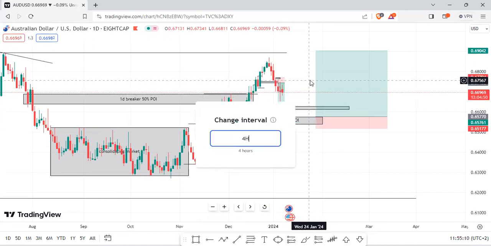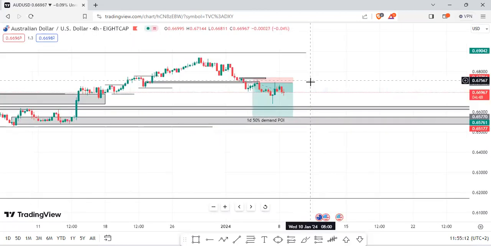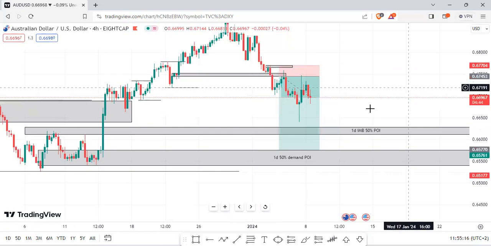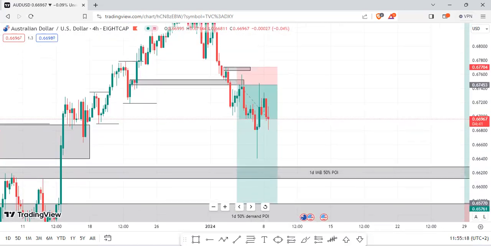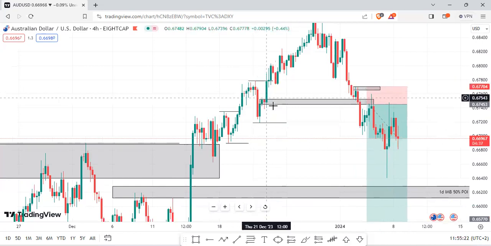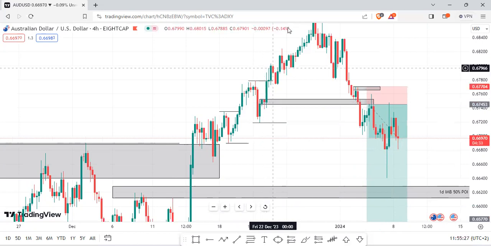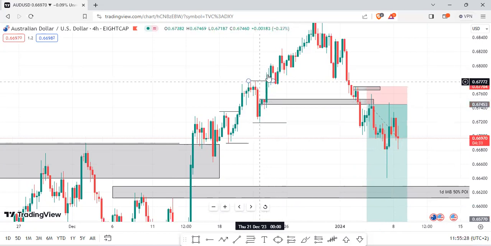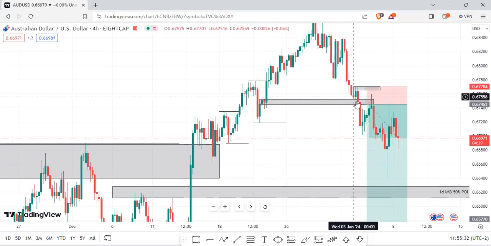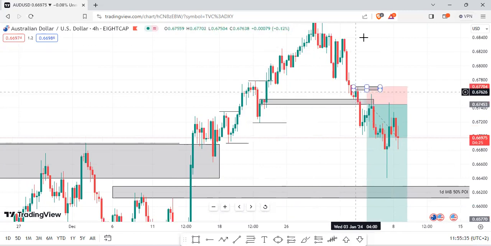But then let me drop and then explain the setup to you. Maybe you'll understand it better. So, if you come here, you'll see that you had this demand that was created here. Market went, broke structure to the upside, respected the low. And then when it came back here, it was supposed to act like this and continue shooting upwards, but then it didn't do that. It broke below.